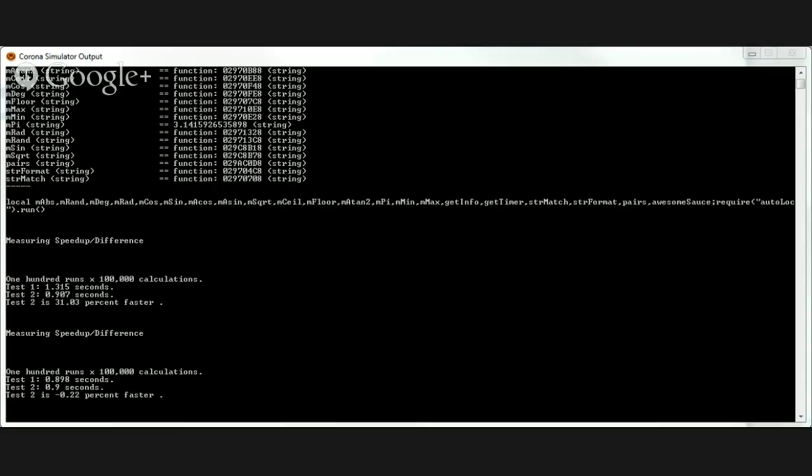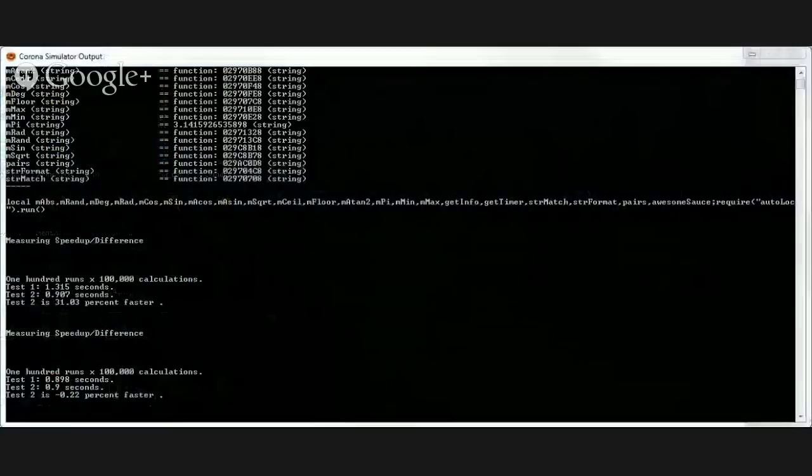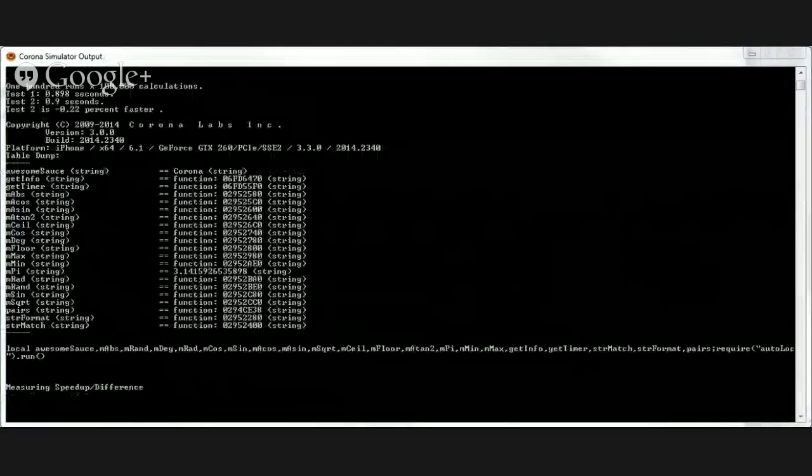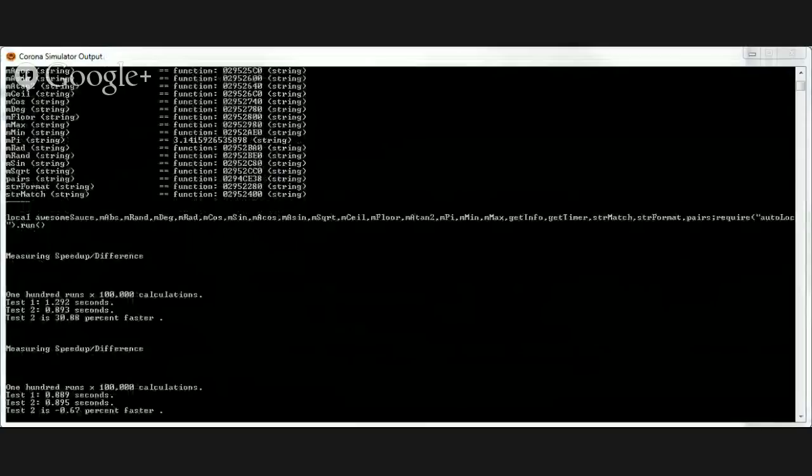What I'm going to show you is if you download this and grab the code as is, you'll run the project, and you'll see this string that prints out with all these locals, mabs, mrand. You can just copy this into your project, and you'll get all the locals that are in the file. And so what I'm saying is, if I add that awesome sauce as the first variable and rerun this, if I can find the window, you should see that now Awesome Sauce, which I put at the top of the list, is now first listed. So I can take this,